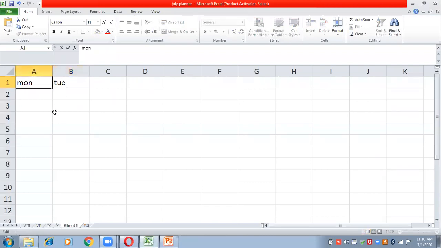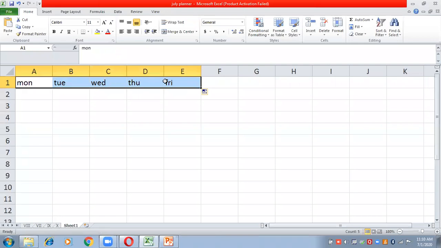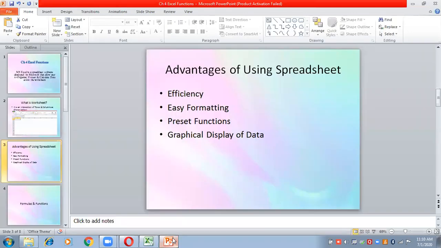Now if I select both and bring my cursor to the bottom right corner, when it converts to a plus sign, you can drag it and automatically the rest of the day names will come: Wednesday, Thursday, Friday, Saturday and Sunday. So it's an efficient manner of doing the work. That is why we are using Excel.